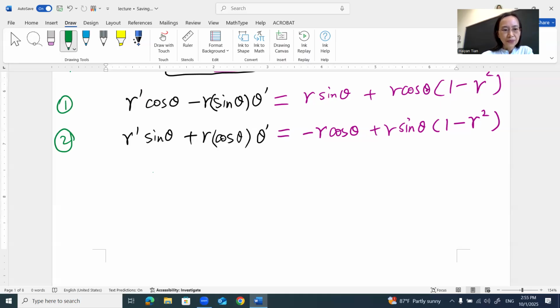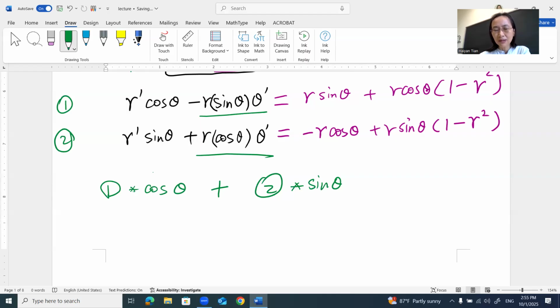So if the first equation times cosine theta, and if the second equation times sine theta, that means each term of the first equation, right, both sides of the first equation times cosine theta, and both sides of the second equation times sine theta, then we add, and we will notice this term will be